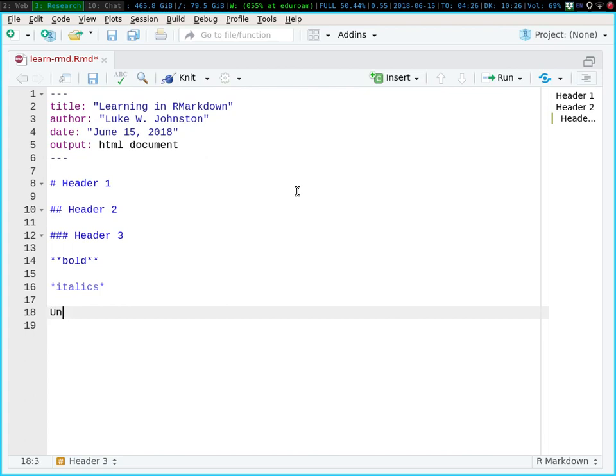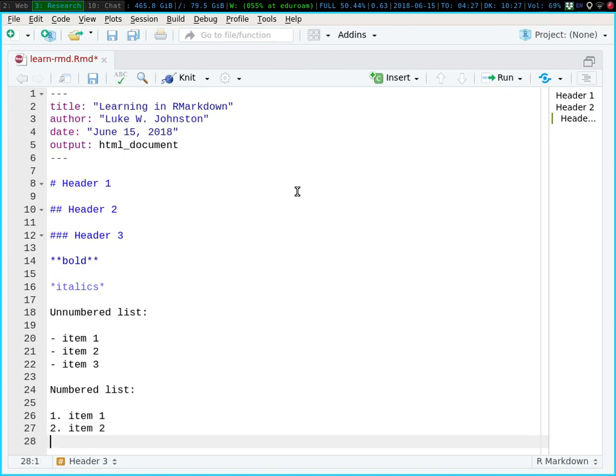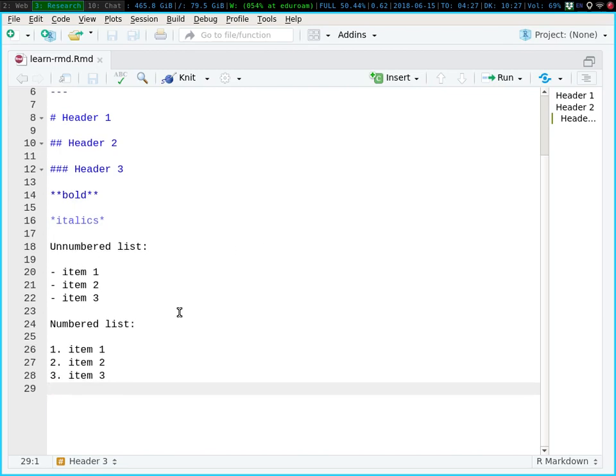If you want to create a list, an unnumbered list, and if you want to create a numbered list, and then if you want to see what this looks like,